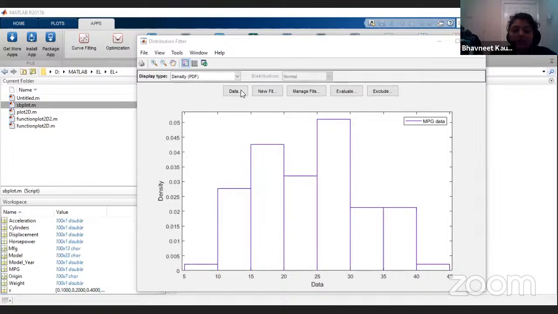It calls it density over here, if you can see on the top. But it's more like a PMF, that is probability mass function, rather than a PDF, that is probability density function. And we are going to fit two different functions to show what a good fit for this distribution would look like. We are going to click on new fit,